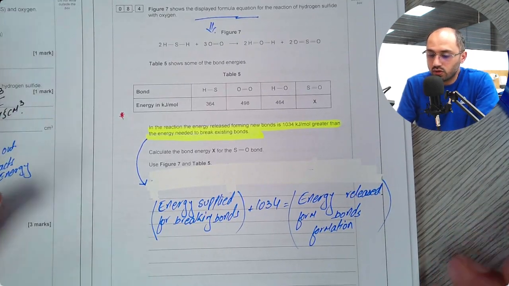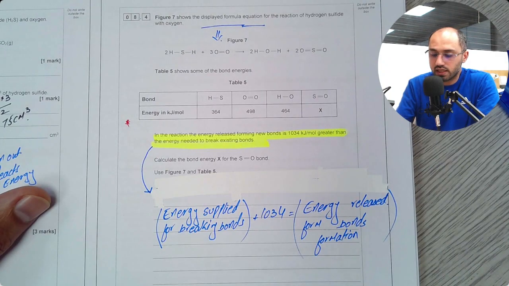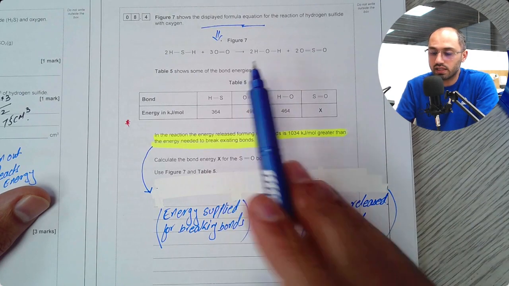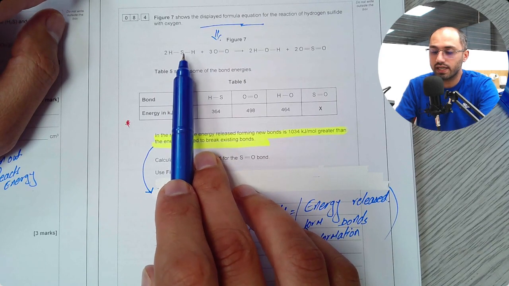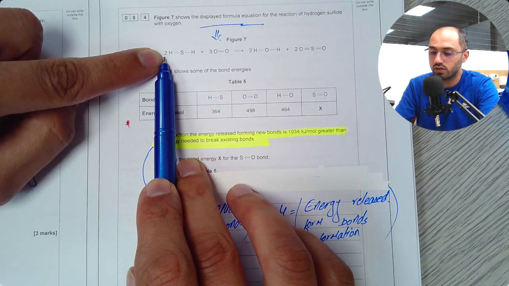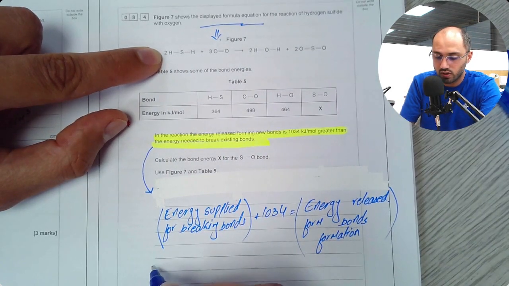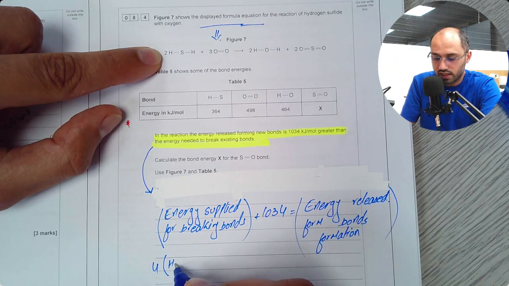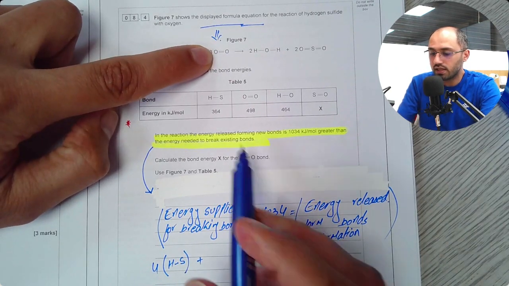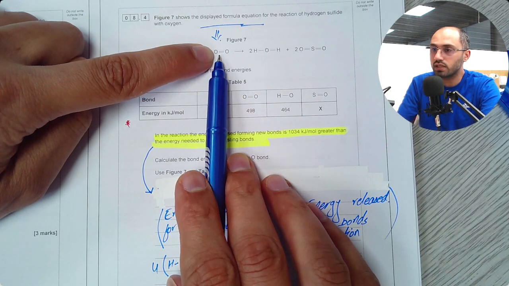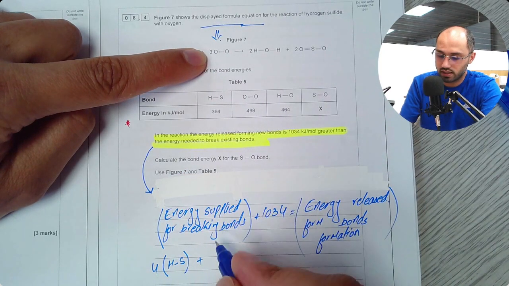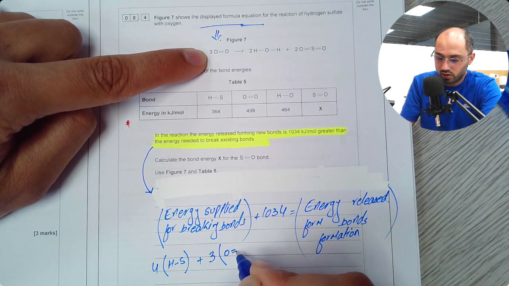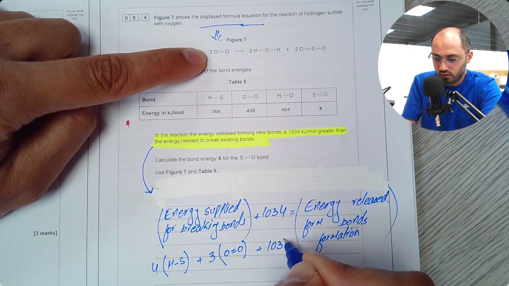Let's work out the total amount of energy supplied for breaking bonds. So first I will count the amount of each type of bond available on the reactant side as well as on the product side. If I look at this equation, I can see in one molecule of H2S there are two S-H bonds, but there are two molecules of this. So in other words, there are four of them. So I'll write down 4 times H-S plus, in a molecule of oxygen, you only have one double bond between oxygen and oxygen. And there are 3 molecules of oxygen. So I'll write down 3 times O double bond O plus 1034 will be equal to,